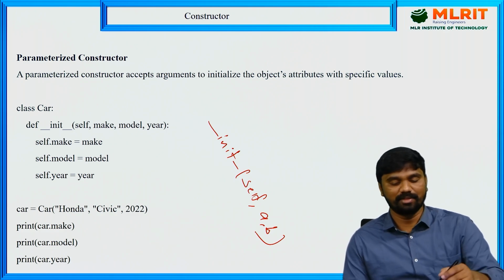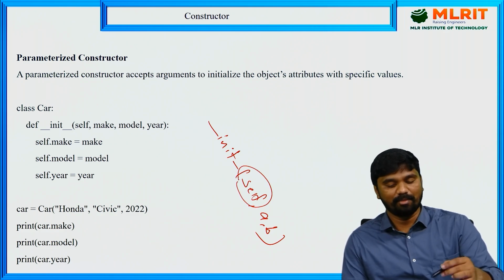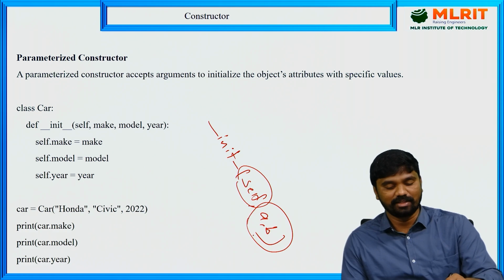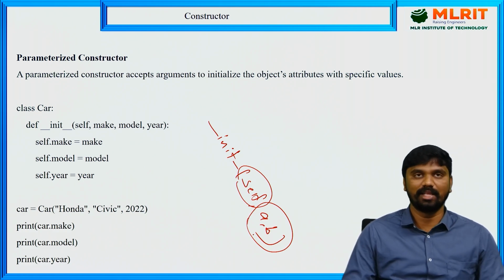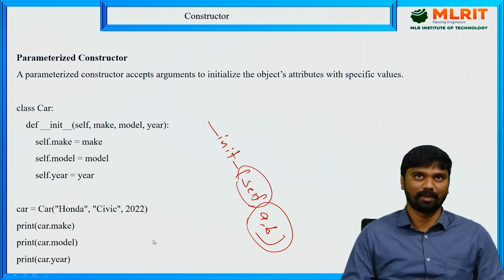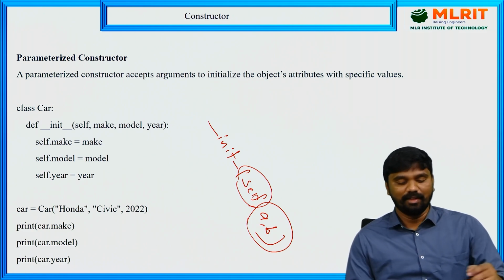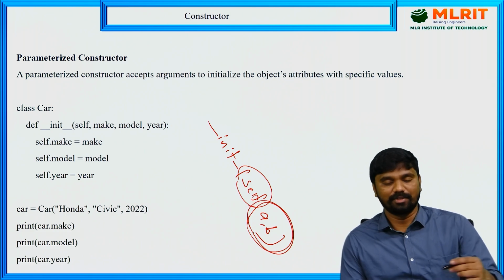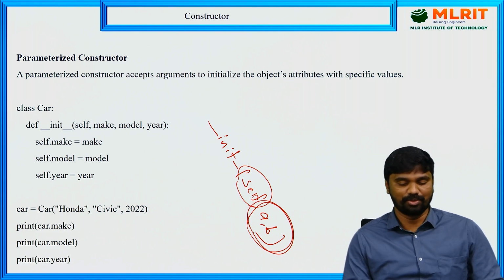That means other than the self parameter, if that constructor contains some more arguments, then that constructor is called a parameterized constructor. And for these parameters, we are going to pass the values